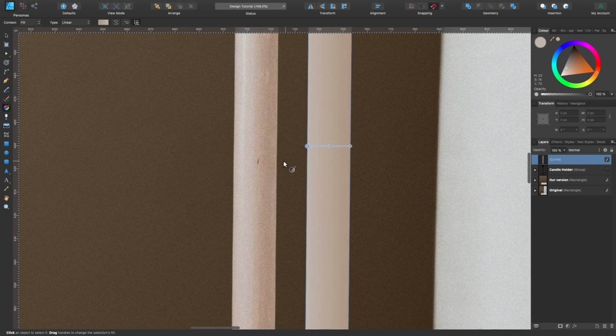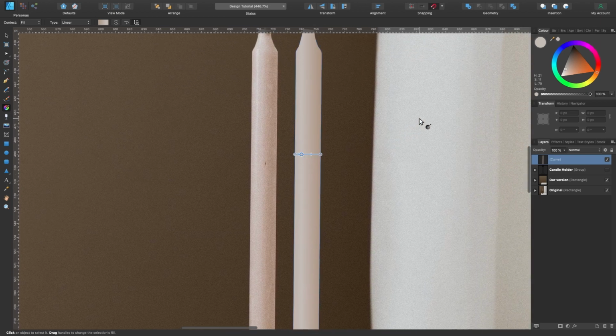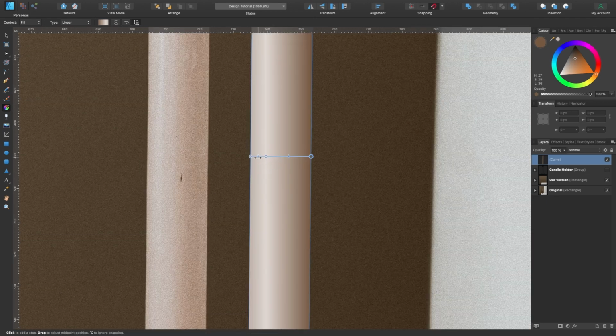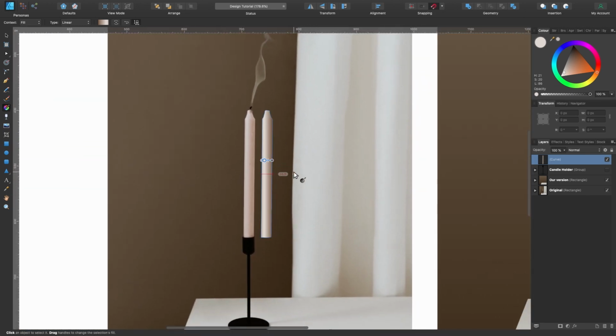Okay, that's kind of cool, but I can see down here there's a lighter patch. So I'm going to add that in. I'm going to click there and let's see if the eyedropper tool does it. If not, we can always do it manually and choose our color. So it is a bit lighter. I think we could go a bit more light than that. So I could just do this manually up here. Okay, that looks about right. I think this side is slightly darker as well. So I'll just click and drag, do that manually myself as well. Okay, that looks about right. Maybe you could play around with these handles a little bit. These kind of center handles, so you could split the difference. Let's zoom out a little bit. Yeah, it looks kind of good.